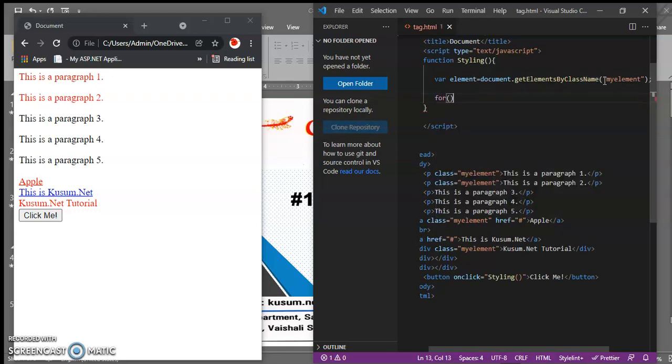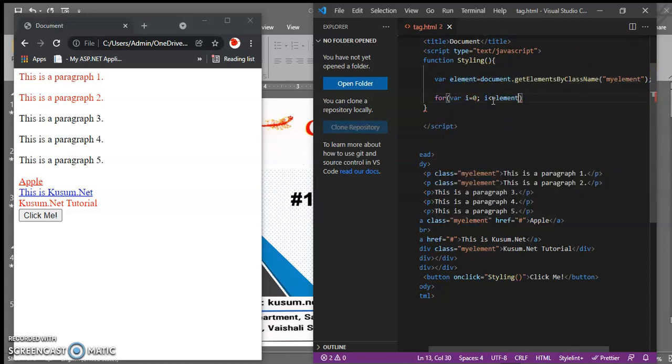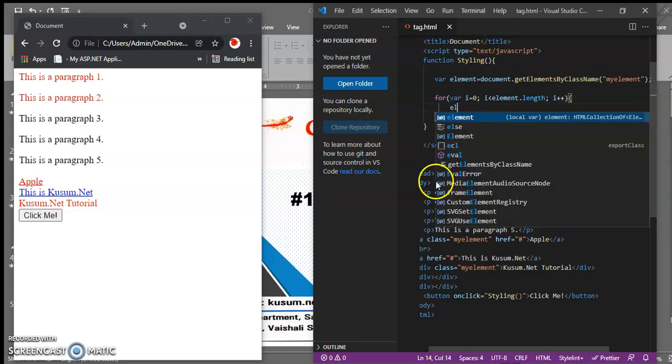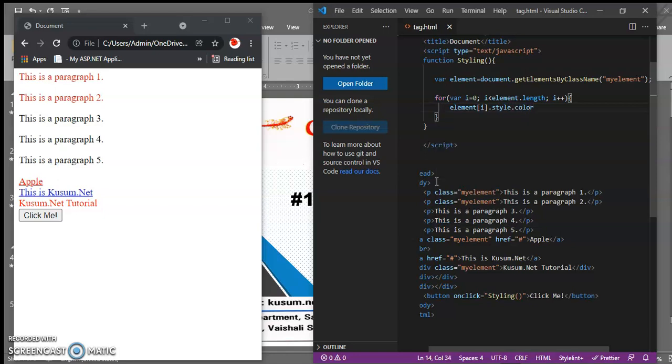So use the for loop where i equals 0, i is less than element.length, i plus plus. Inside it, using this element object, element[i].style.color equals red, so it will give the color wherever the class I have applied.